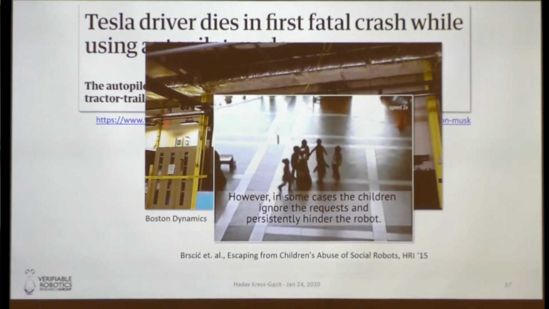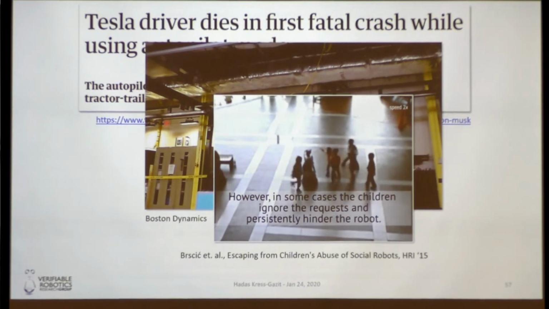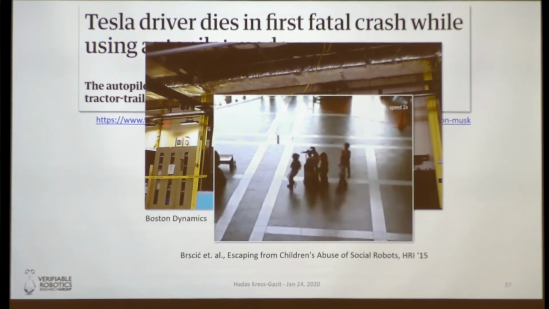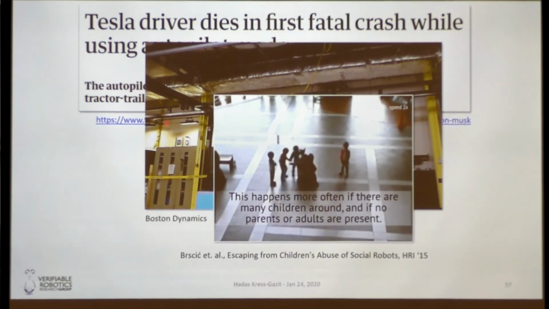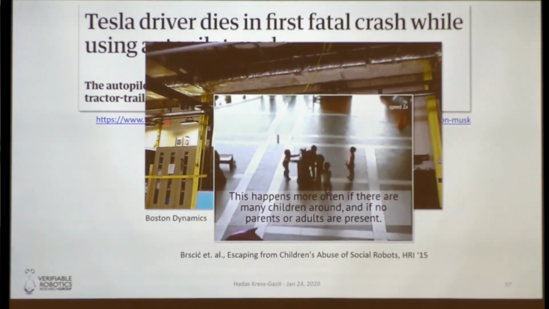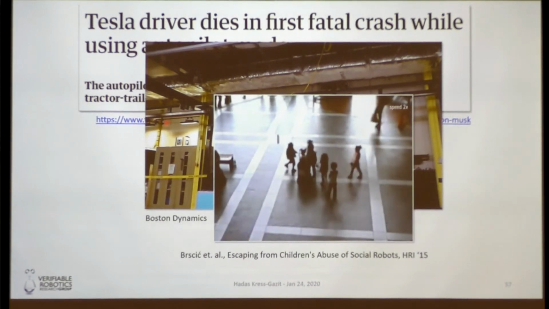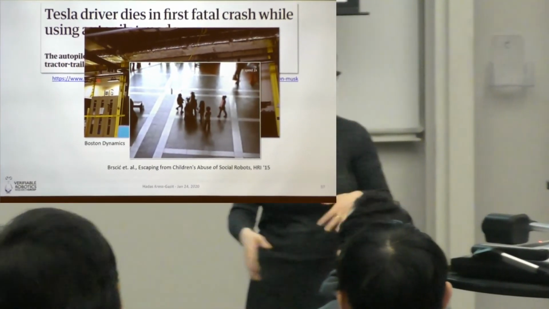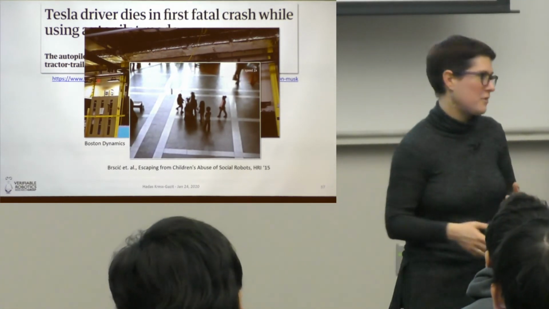And there are people that fail. You probably have seen this before, but this is children getting in the way of a robot trying to do its thing. So everything can fail. Now the question is, can we really guarantee everything? The answer is no, of course we can't. But we can increase the trustworthiness of a system, and we can provide feedback about when it can go wrong.